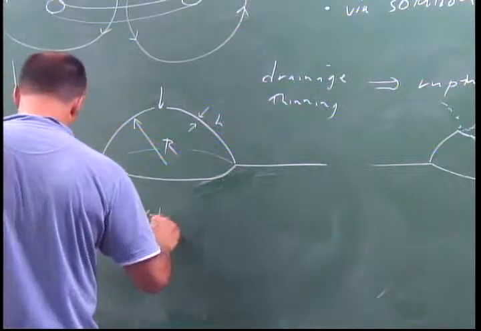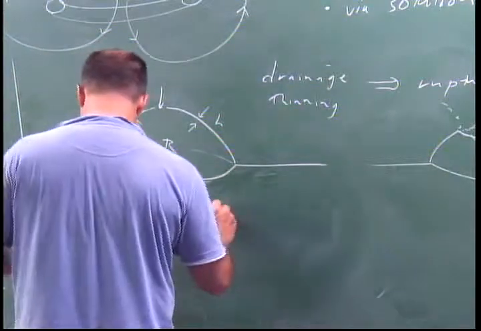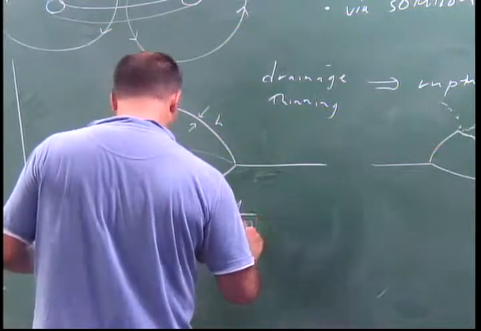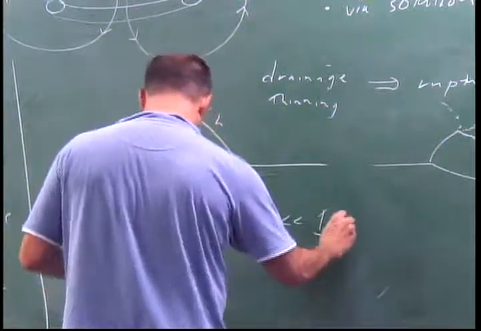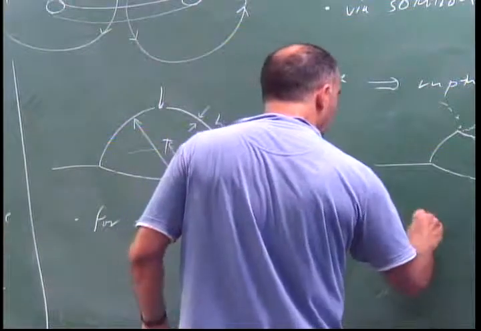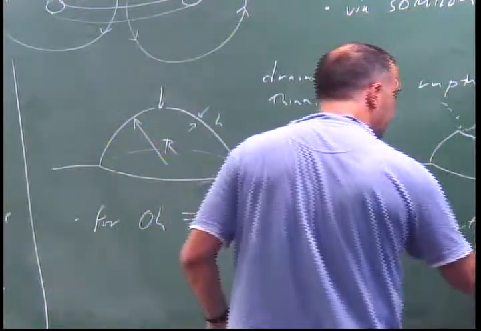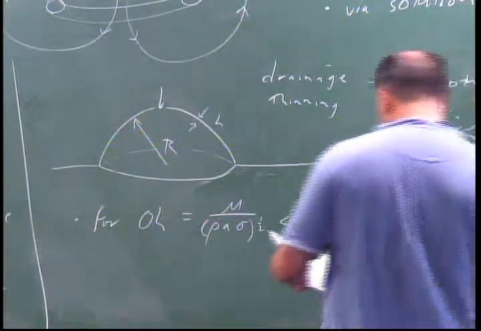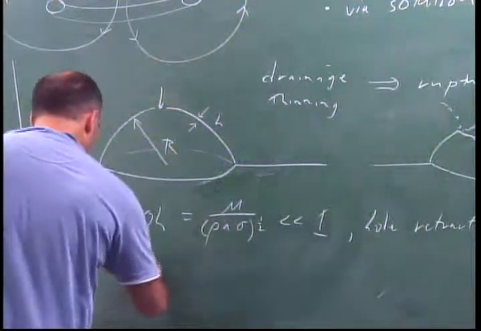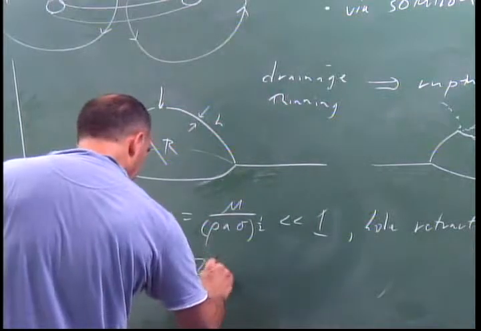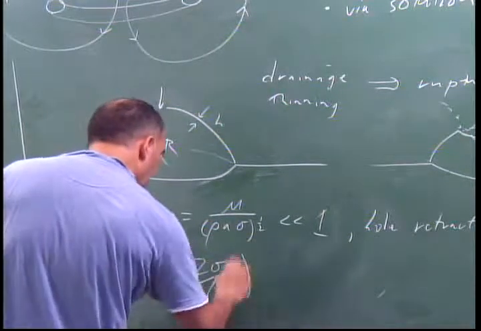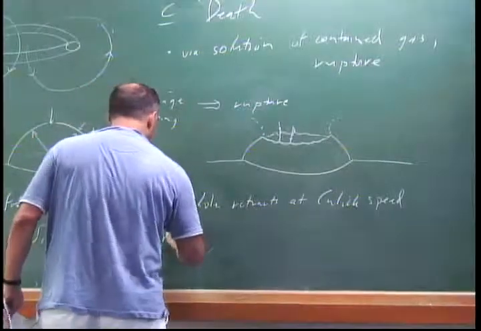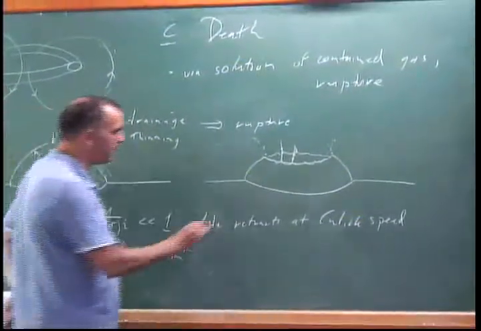We saw there, if the Ohnesorge number is small, that is, if viscosity is not important, which it typically isn't, the hole retracts at the Culick speed, and the Culick speed you can get by scaling, but we actually solved it exactly: (2 sigma over rho h) to the 1/2. The rim grows. So that's going at the Culick speed,